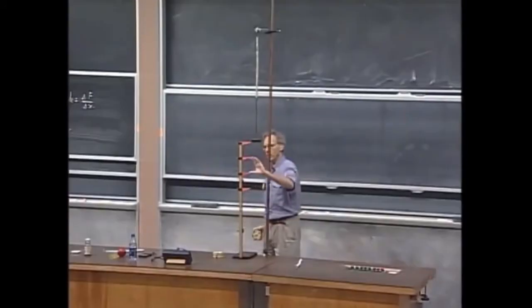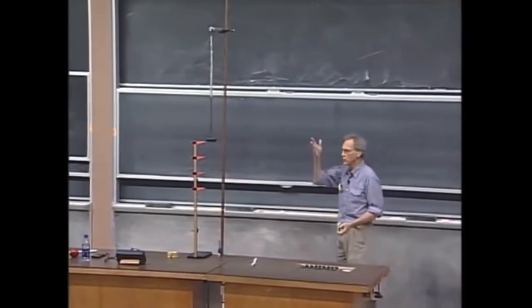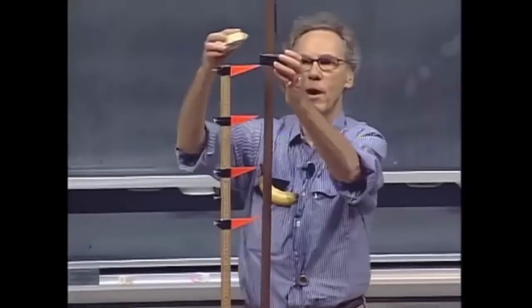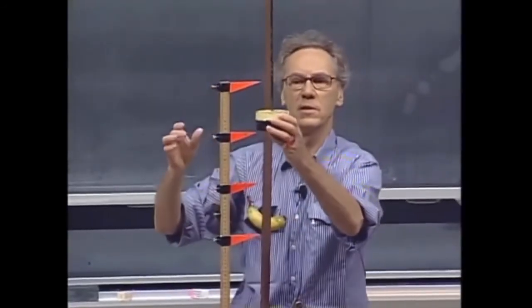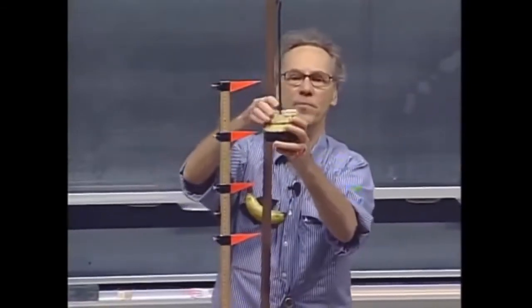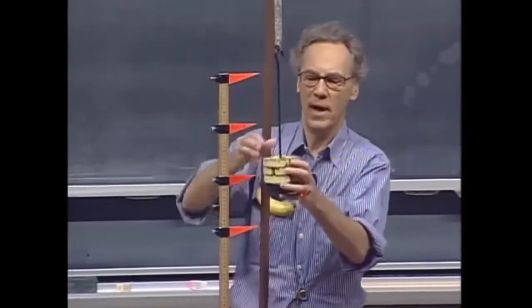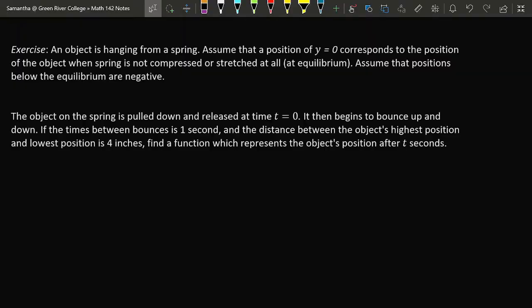These marks here are 13 centimeters apart, and every time that I put 1 kilogram on, you will see that it goes down by roughly 13 centimeters. It goes down to this mark. I put another kilogram on, it goes down to this mark. I put another kilogram on, and it goes to this mark. When you attach the object to a spring and just let it hang, we call that position 0. This is also called the equilibrium position.